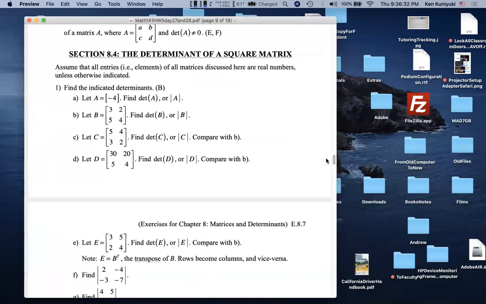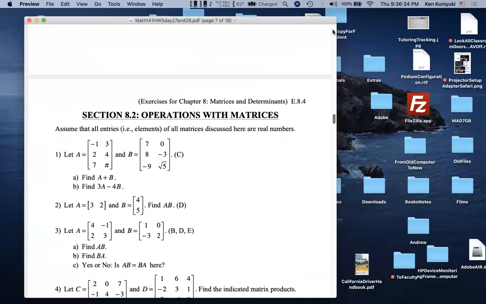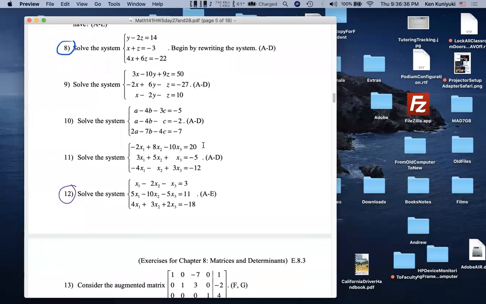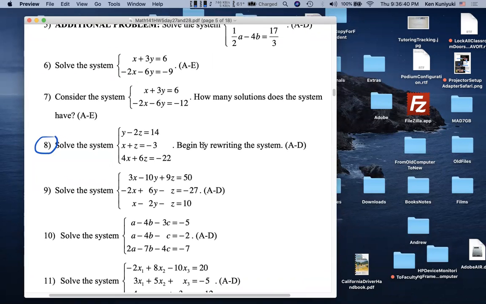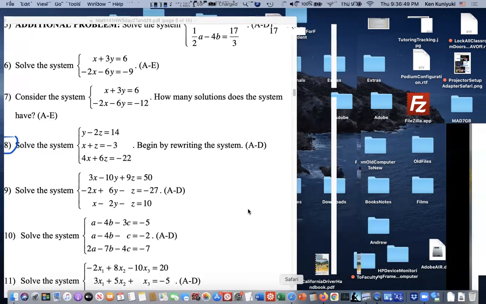8, 1, 7, and 12. Yeah, I'm pretty sure on this one, 7 has infinitely many solutions because these are equivalent equations. It's the same line. So yeah, if you were to go to Desmos, for example,